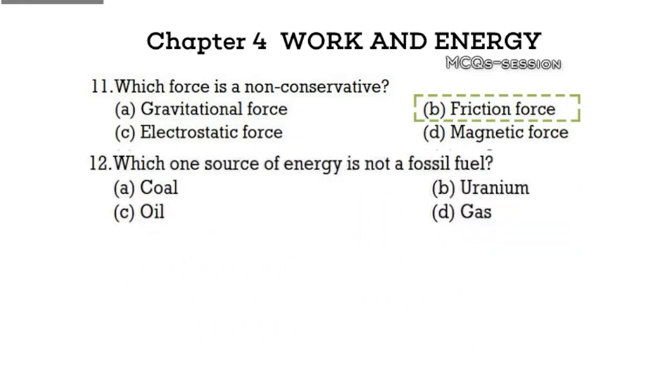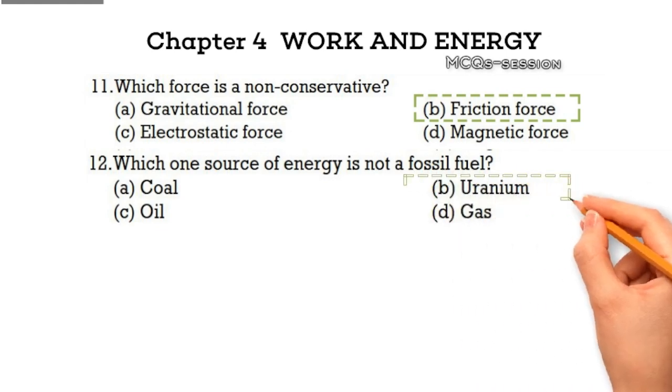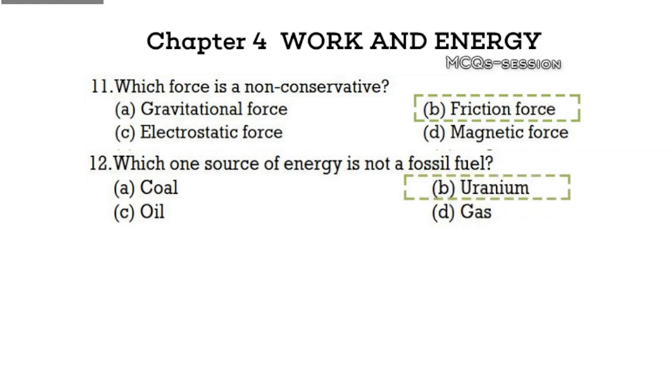Which one of the following is not a fossil fuel? Options: A, coal, B, uranium, C, oil, D, gas. Pause and think through this one. The correct answer is B, uranium. Explanation: uranium is used as fuel in nuclear power and is not derived from fossilized organic matter like coal,